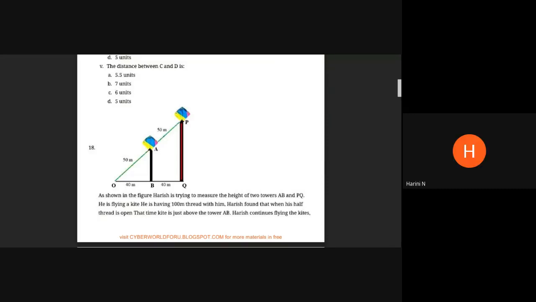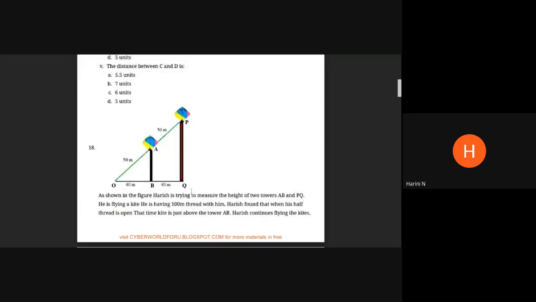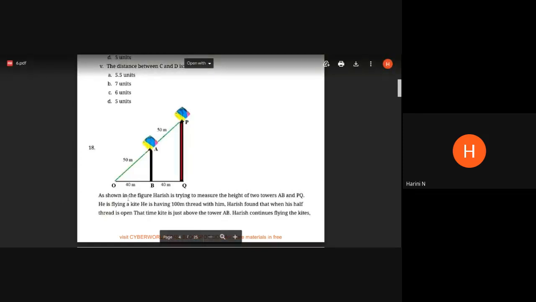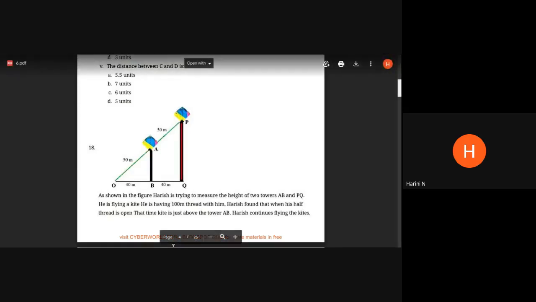See, initially it may look as though it is a question on heights and distance, but there's no angle of elevation or depression given to me. So the maximum I can think is it has to do something with similarity of triangles, or it has something to do with the Pythagoras theorem, or finally it has something to do with the BPT. All right. So looking at the diagram, it is going to be a question on the chapter on triangles is what I understand. So now let me go and read the question.